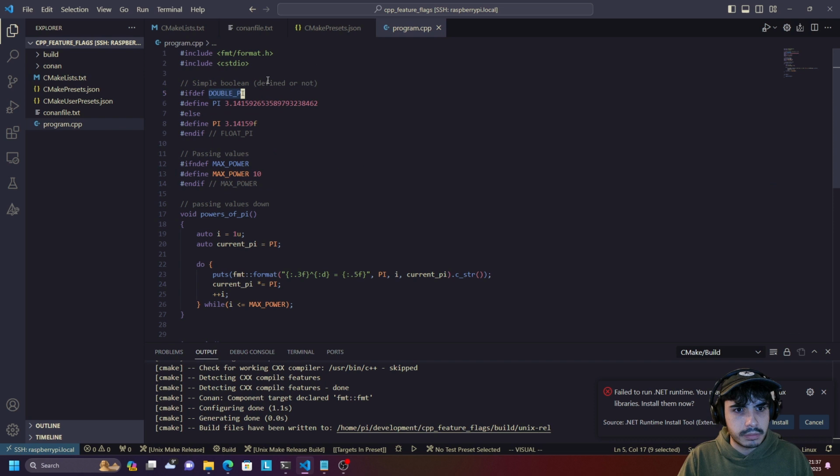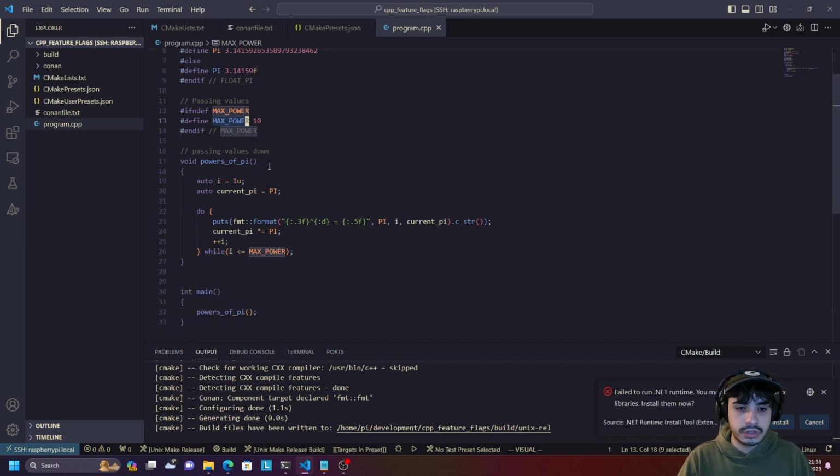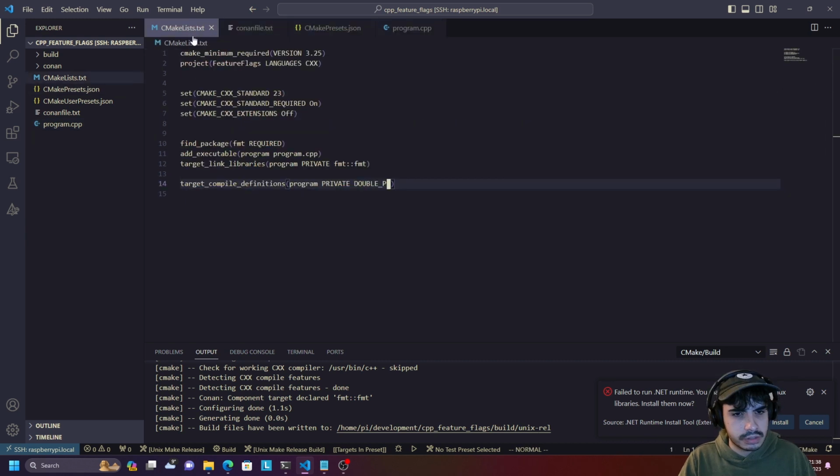If I go on to my program now, we should see this bit highlighting here, meaning that the double pi macro is now defined, and we're going to be compiling this version of the pi macro. Now let's do the same for the max power macro here, which is just controlling the number of times I'm going to multiply pi by itself and basically get the power of pi. Currently it's 10, so let's change it to, I don't know, 20 or something like that, right? So in this case, you can see here that we're going to have max power equals